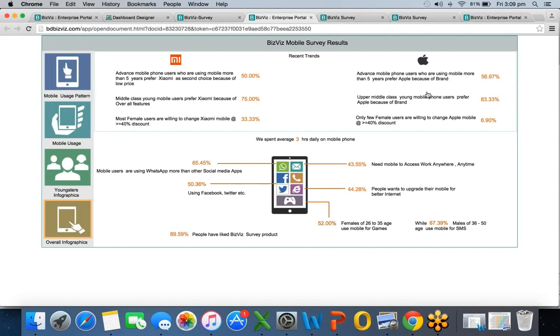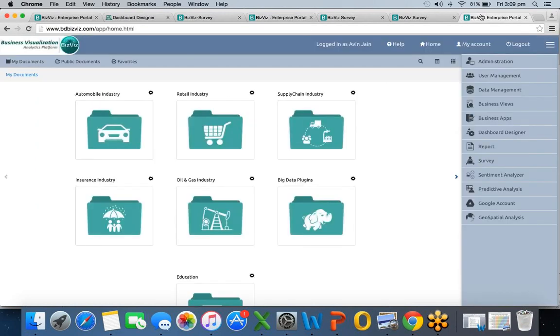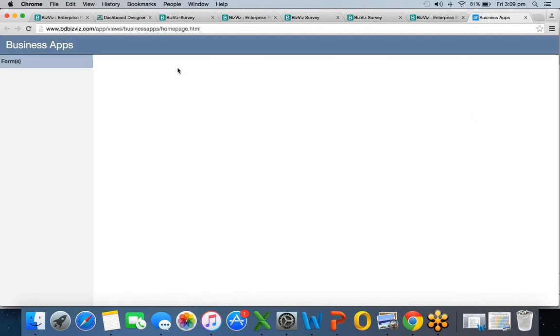In some of the cases, what we have seen, especially in the SME type of segment customers, is that there is a lot of data they want to trap in an Excel file and want to use that as a business flow. So for that, what we have done is we have created a business app type of product. What it does is it helps you to trap your